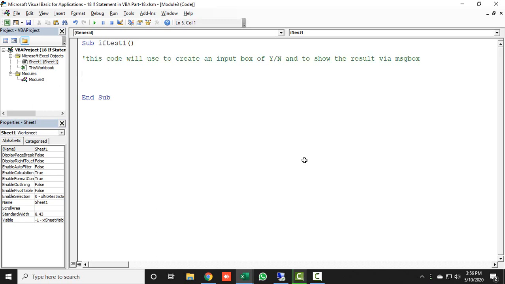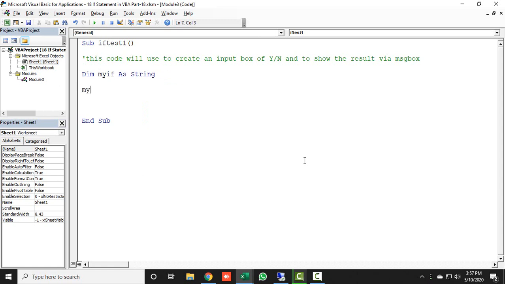Alright, so here let's start the coding, and for this I will take a string variable. I also teach you in my other videos what a string is and how you can use strings in VBA. So here I'm taking the variable name, let's say, myIf. So dim myIf as string. Alright, and let's declare how myIf works.